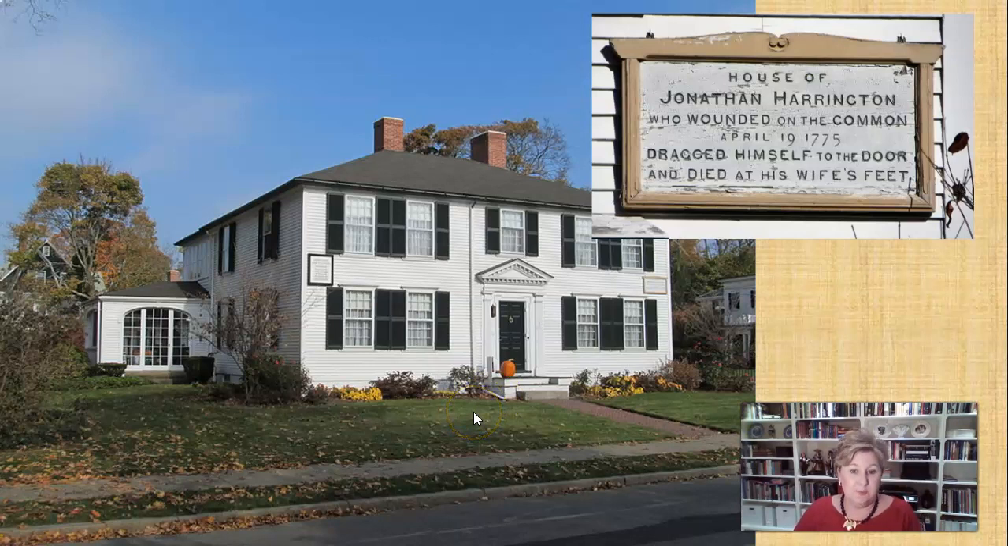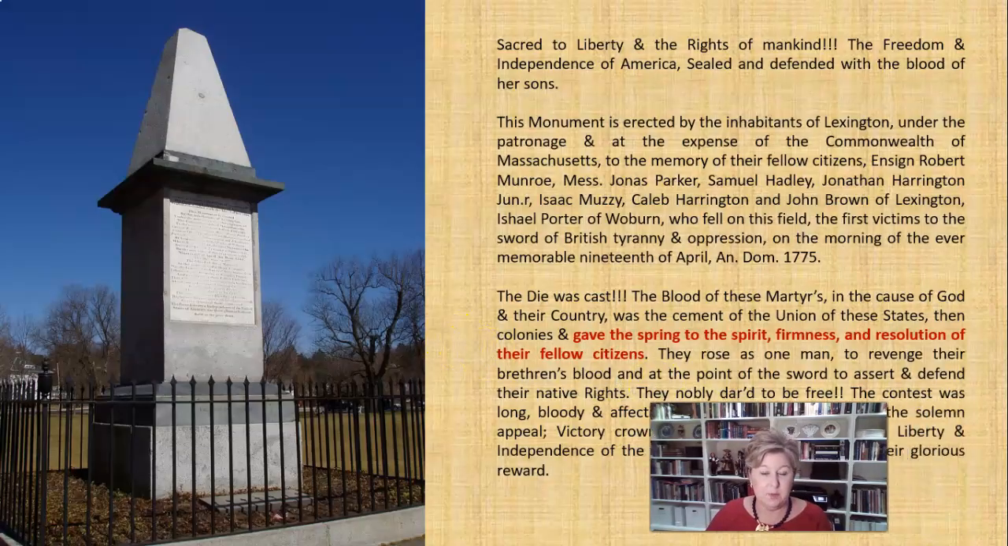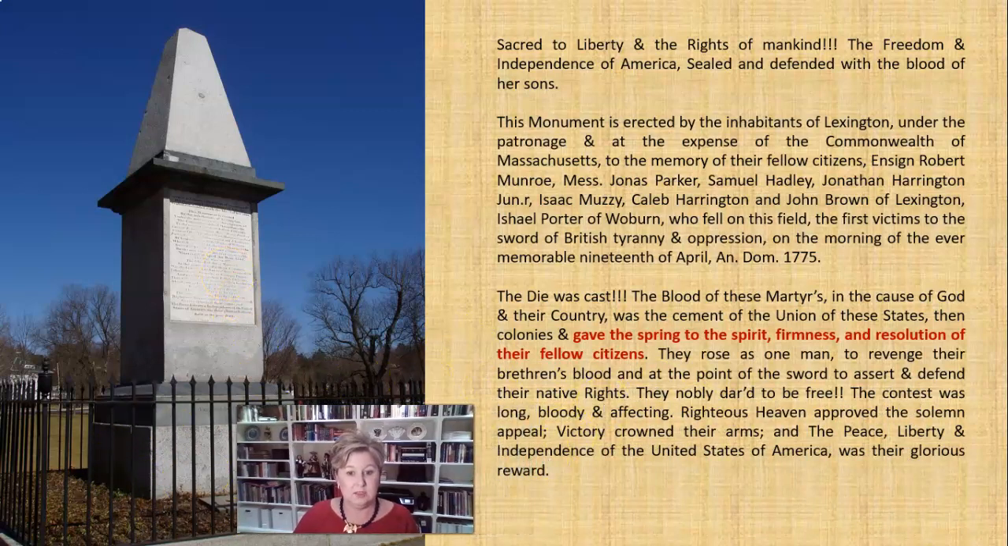In the years to come, the remains of these men who died that day would be reinterred back there on Lexington Green, right in the place where they fell, and a monument was erected to their memory. I want to read to you from that monument. Their remains are buried at the base of the monument, and the panel reads as follows: